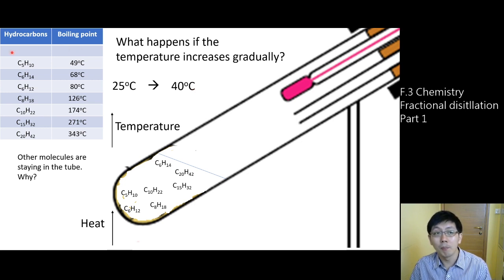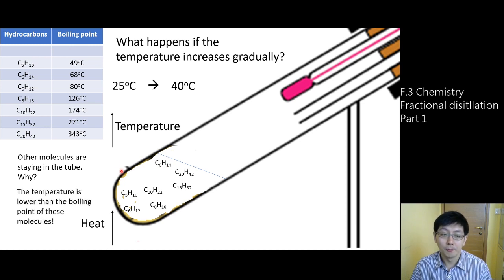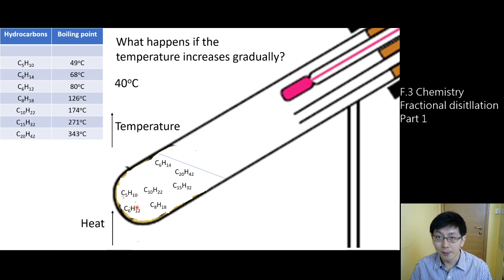So one of them is being boiled, is removed from the mixture. Now I eliminate it from the table. Now the heating continues. These things are still here. So if we heat this up from 40 degrees Celsius eventually to 70 degrees Celsius, of course the temperature will go from 40 to 41, 42, 43, 44, and so on, and 49. One of the hydrocarbons, this one,